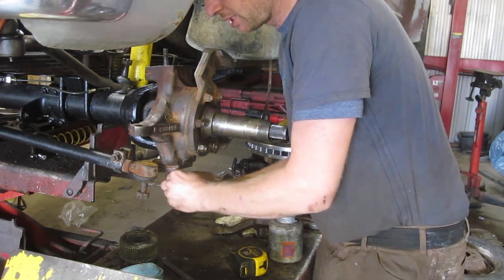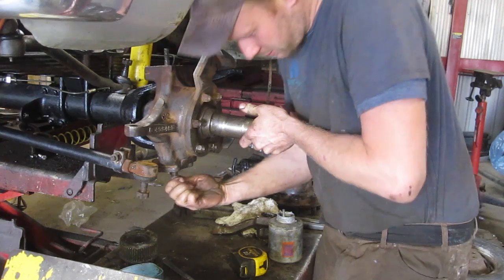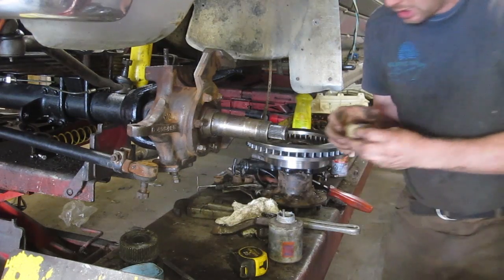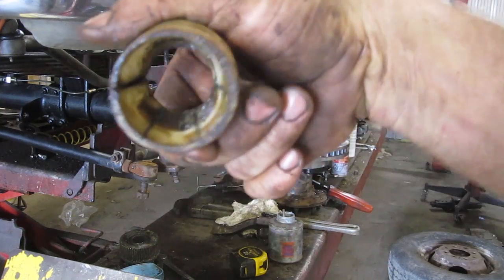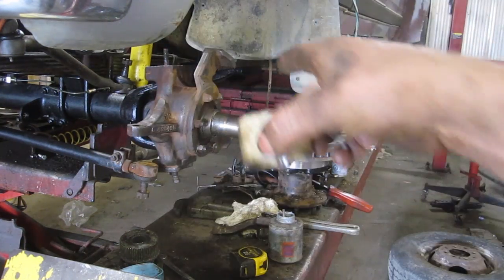Unfortunately, I don't have my Teflon piece yet. It's showing up this afternoon, so I'll go as far as I can. Might put the old one back in again, but I'll show you what that is. This is that little Teflon cap, and you can see that it is off center, and there's supposed to be a little rib right here that sits in the top